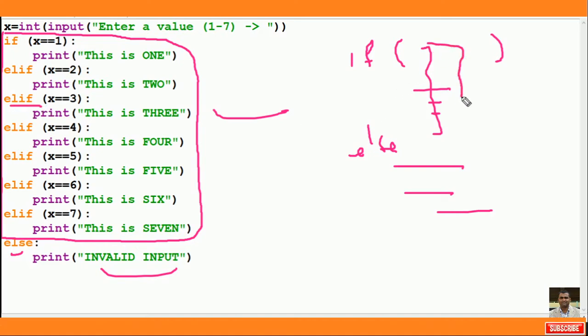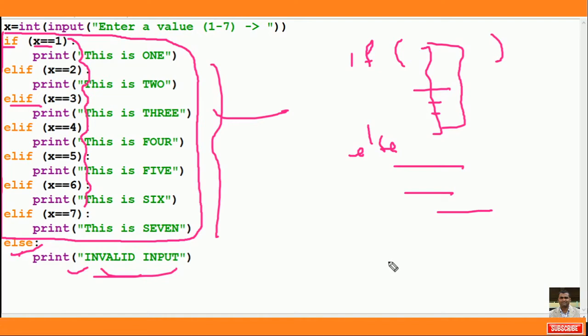Then the else part goes here: invalid input, if the value of x is not in the range 1 to 7. This is a simple if-else, elif structure.